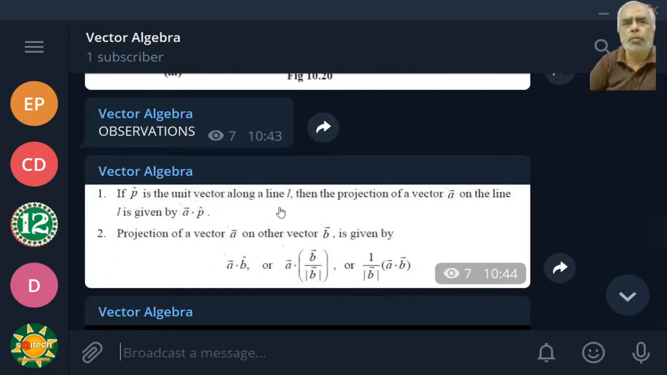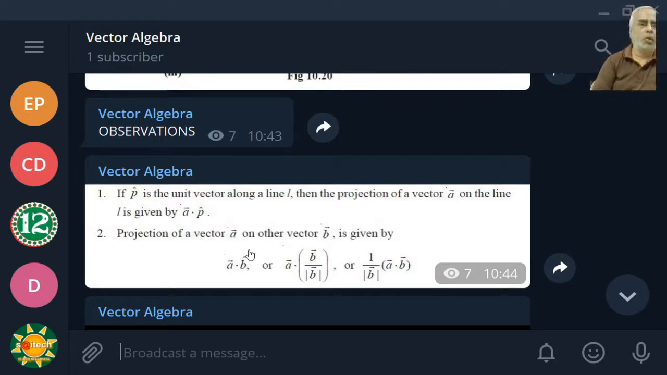Let us find out the first observation. If P vector is a unit vector along the line L, then the projection of a vector A on the line L is given by A dot P cap. And similarly, the projection of vector A on the vector B is given by vector A dot